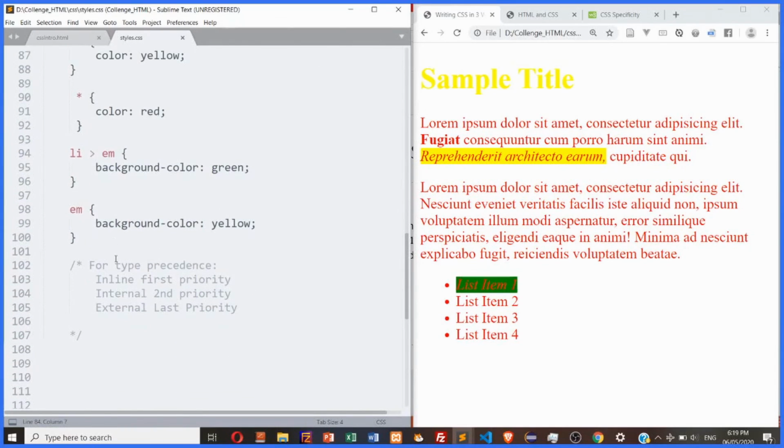As for type precedence, inline has the highest priority if it is styled inline, second priority if it is styled internal, and last priority is external. So what this means is that if your H1 is styled with an inline style, that will be given priority first, over if it is styled internally, or in that case externally. So their precedence is: last is the external, second is internal, and first priority is inline. So that's it for